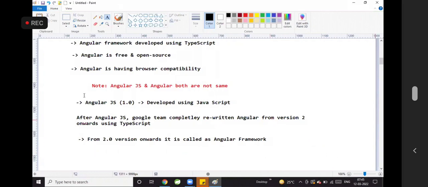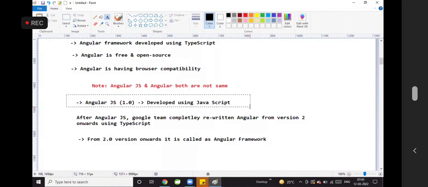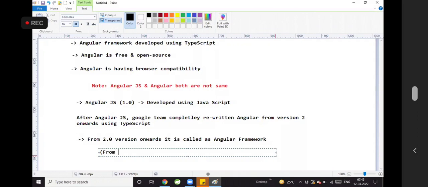Initially, Google released AngularJS, which was developed using JavaScript. But after that, they realized that there are some problems with JavaScript. We need a better concept to develop Angular. That's why they rewrote the complete framework in 2.0 using TypeScript. Okay, Angular 1.0 and Angular 2.0 both are not the same. From 2.0 to the current version, everything is the same. From 2.0 to Angular 13 is